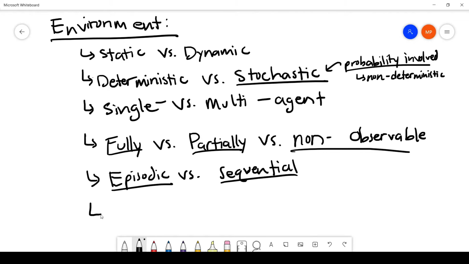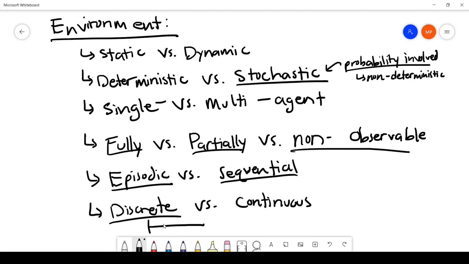And the last dimension of an environment is whether or not it is discrete versus continuous. And so if something is discrete, there is a finite number of states, or not even finite, but just there are clear and definite states in which you might jump from one state to another. But continuous, everything is almost spread out. You can think of it as maybe a number line in which discrete components of this number line would just be like the integers, like 1, 2, 3, right? You're just jumping